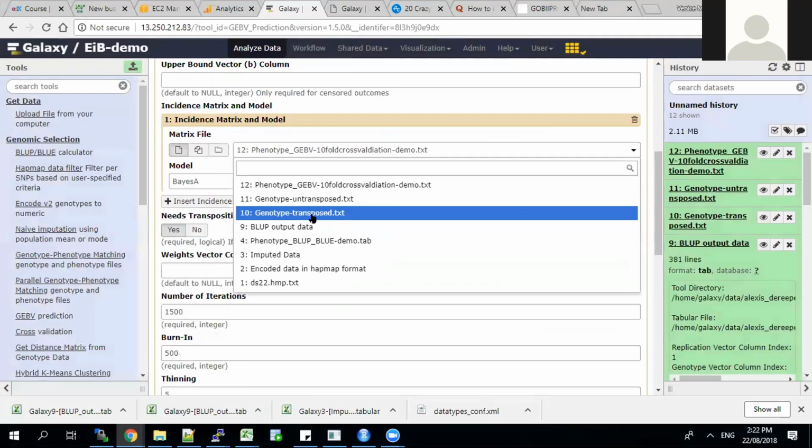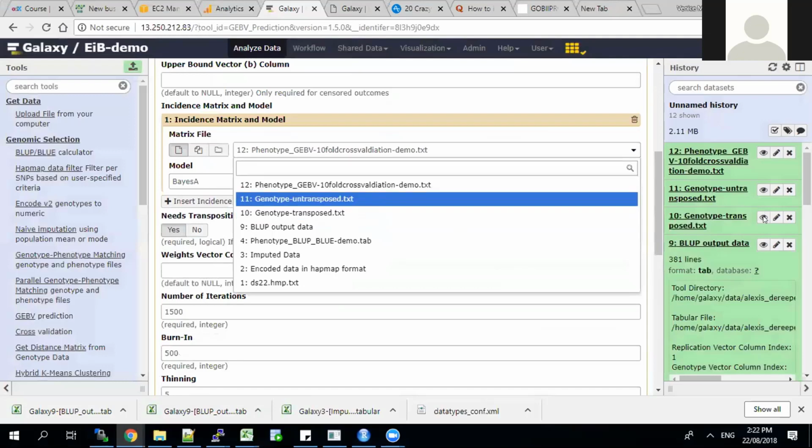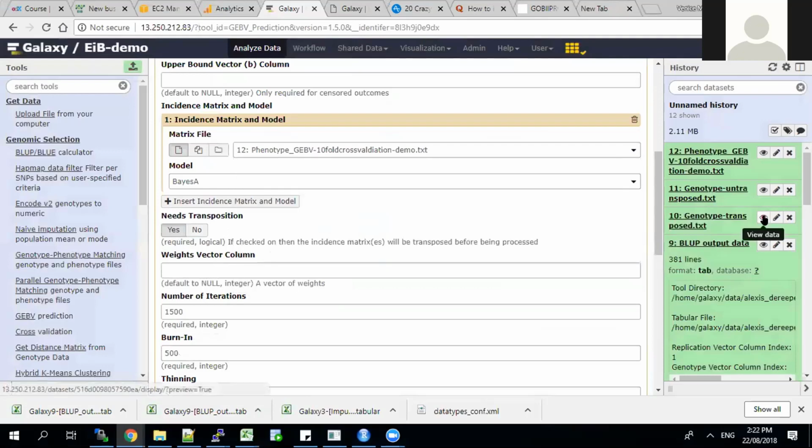If you have your markers on top and the samples on the left, this one is called transposed. If you have your samples on top and the markers on the left, this is called untransposed. So you will need a transposition tool here. You look at your file, the genotype file, for example, you click on view the data. I give you two options, both transposed and untransposed. Here it's a little bit slow. So if you view your data, the transposed one,